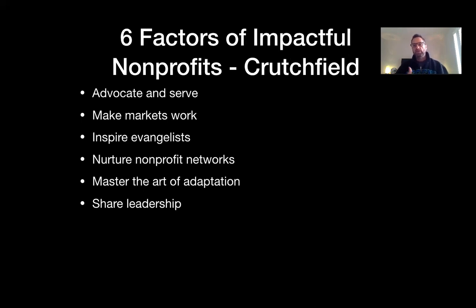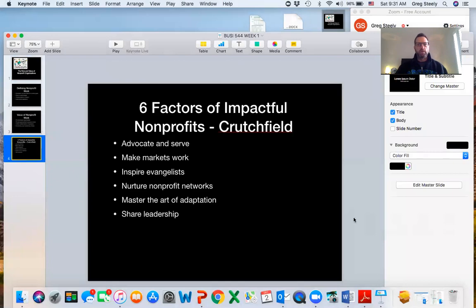And as you're doing your readings and the articles that I've provided for you, and as we get more into this and you begin to figure out a structure to put your boards together and your volunteers together and getting people in the right roles as you build your nonprofit organization, you're going to see the importance of sharing leadership and not taking all the responsibility on as the primary leader. So those 6 factors are great. I think it's important that we see the importance of reading through those. I think Crutchfield does a great job of explaining that. Basically, their book just goes through those 6 factors.